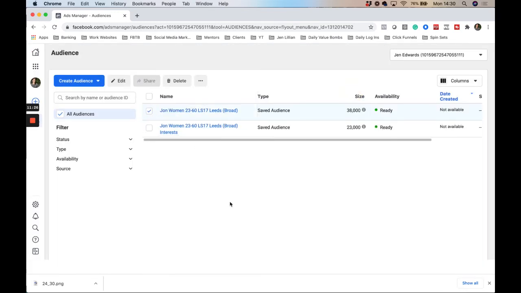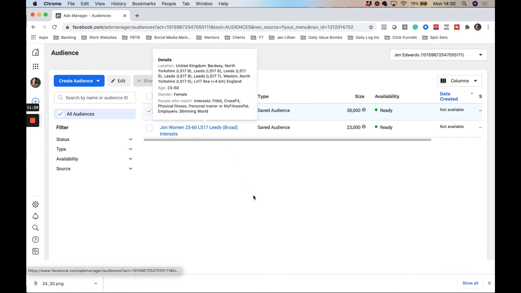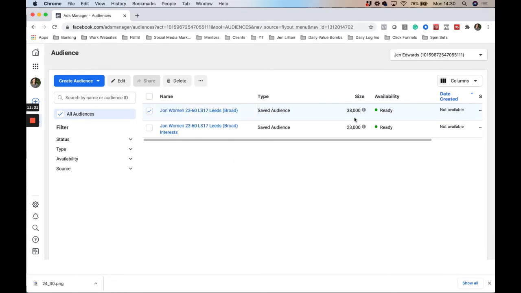Here we are, and you've got one which is just broad and the other one with interests. Obviously you've got a slightly different audience size in each. You could quite easily run an ad with these audience sizes. I would like this to be a little bit more, but again, it's entirely up to you. You need to take the time, like I would with John anyway. I was just doing this as an example, but you can then see exactly your audience sizes here,